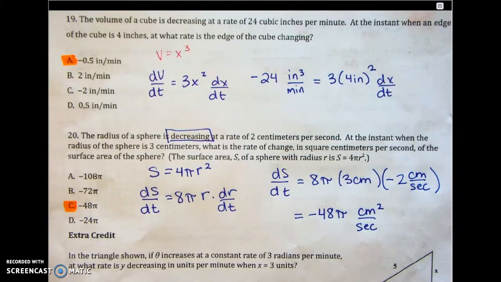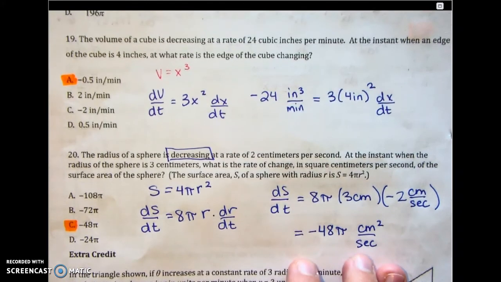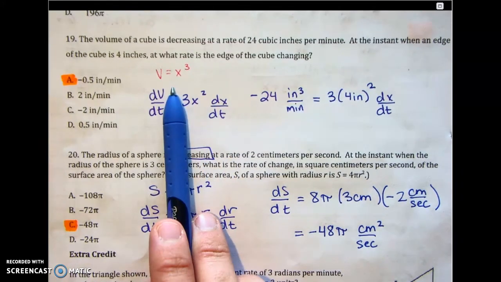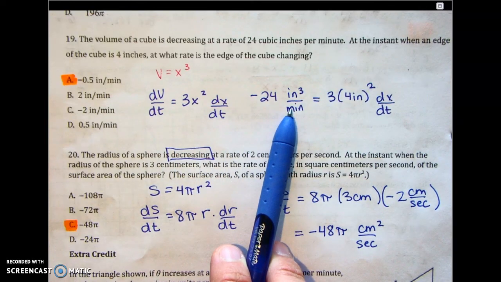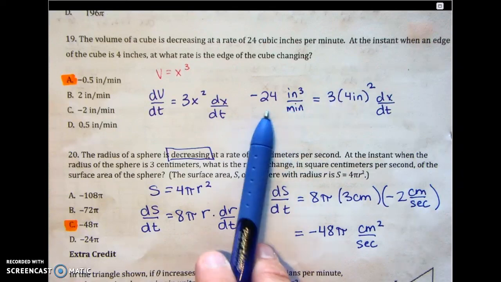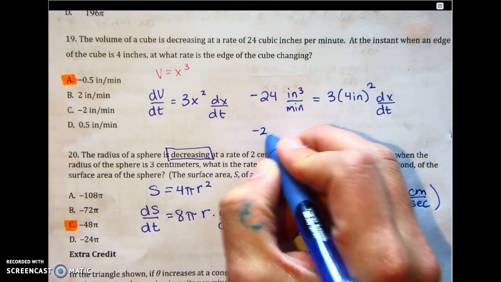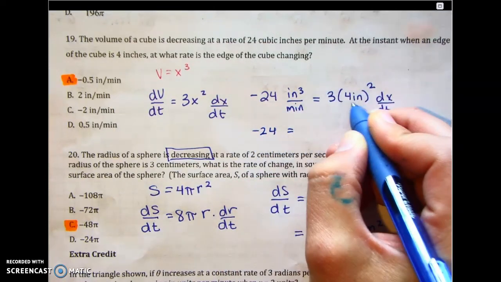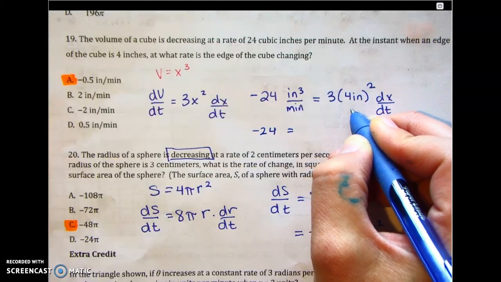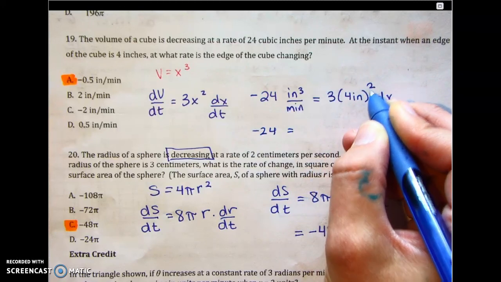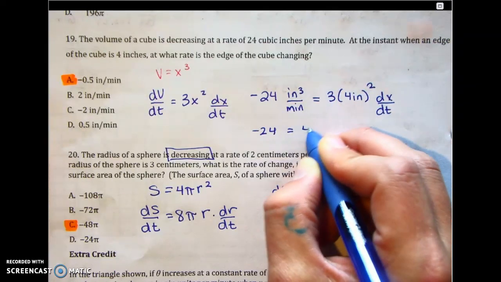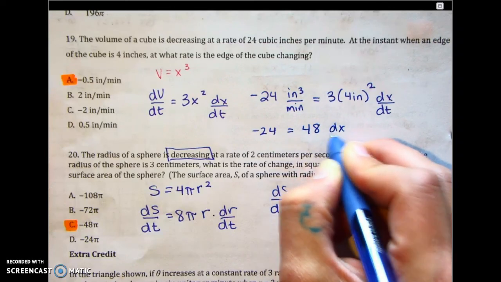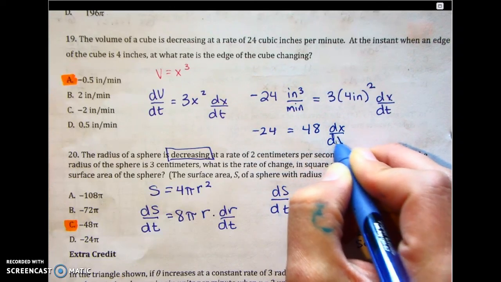It's negative. Okay. Real quickly, you can see the derivative of the cube, and we put in the values, and it looks like we have -24. 4 squared is 16. 16 times 3 is 48. But we're trying to find dx/dt, so we need to divide